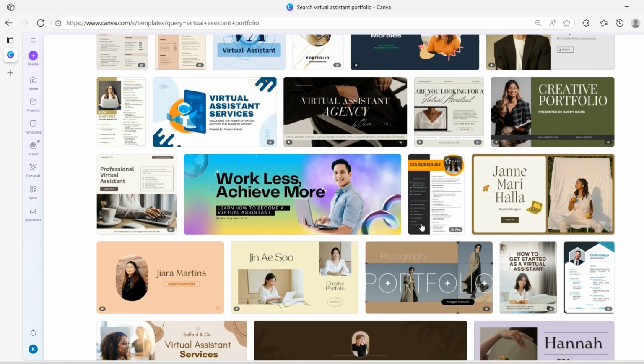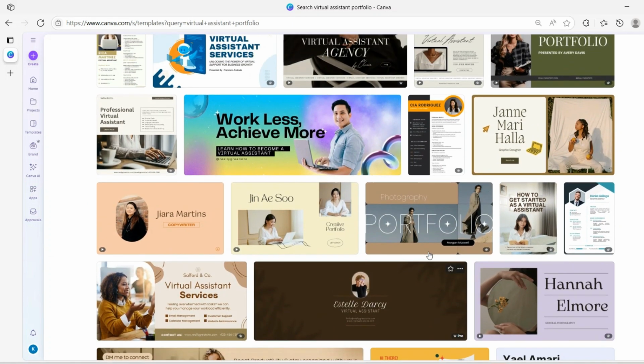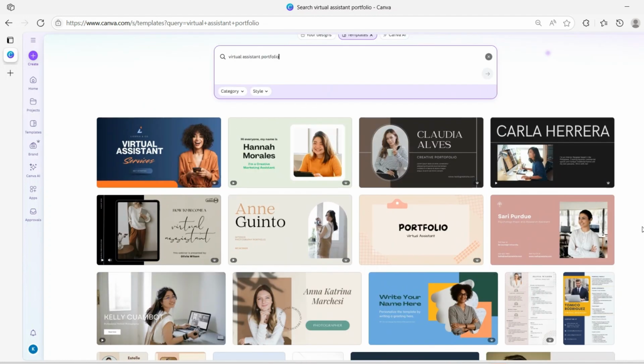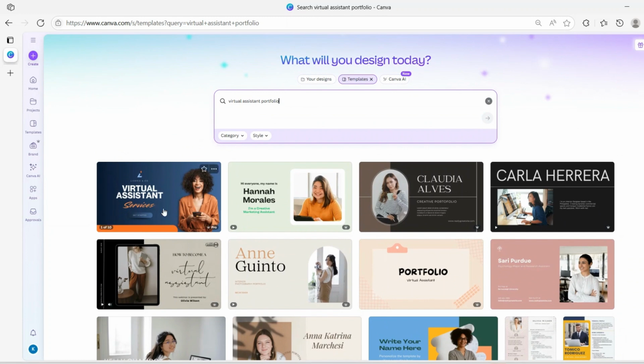As we can see, there are quite a few options to pick from. You need to choose a template that reflects your style. Do you want something that is minimalist or bold or something more creative? So if we go for something as simple as this first one over here,